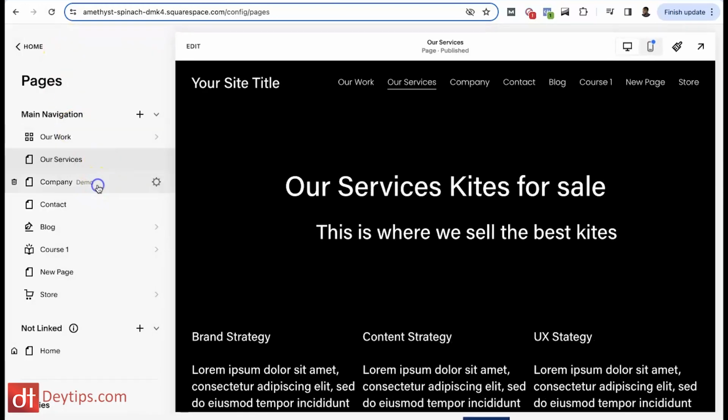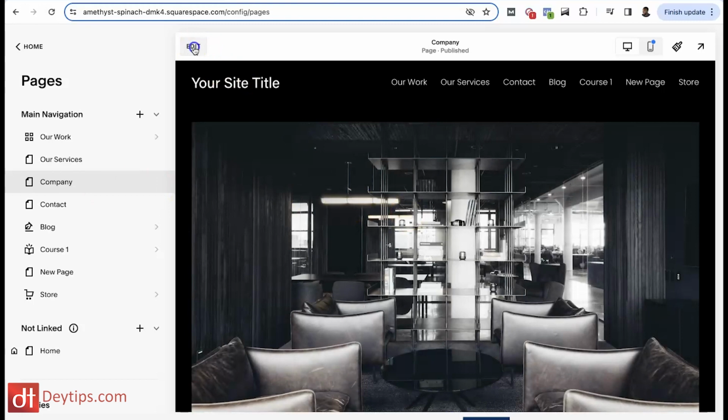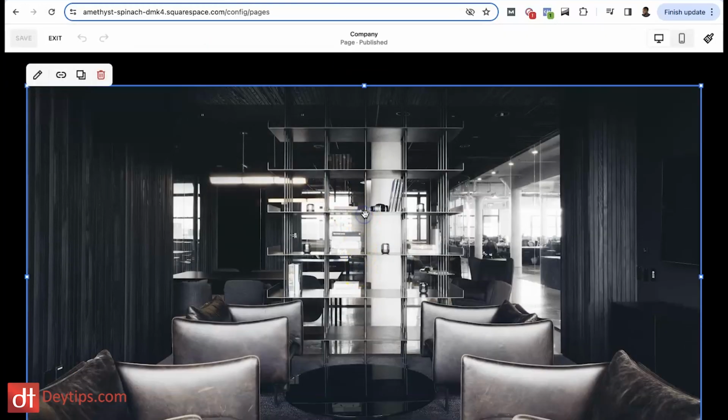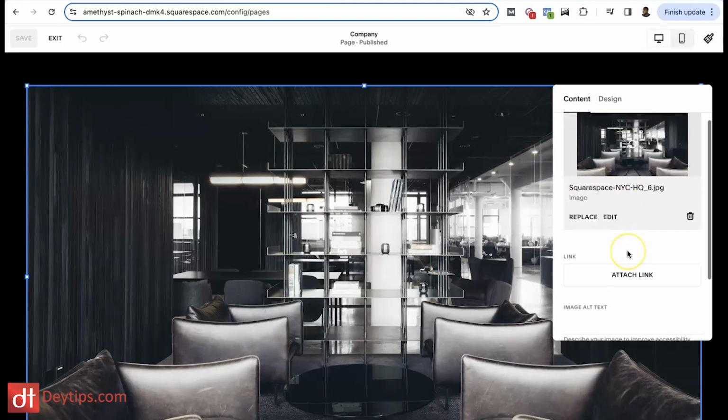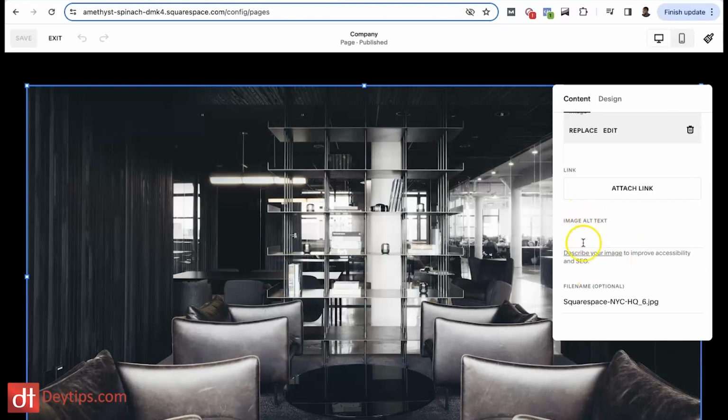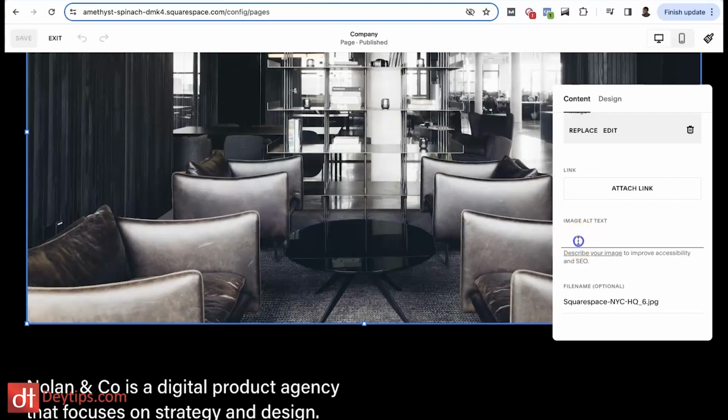Another thing that I wanted to speak about was images. So whatever images you have on your site, you can optimize these for SEO as well and help to boost your rankings. When you go in to edit the images, you can scroll down and it says image alt text here. So you want to give a description of what this image is about, again, using the keywords that you're trying to rank the particular page that that image is on for. So if I was trying to rank this page for kites for sale, image of a kite being sold, let's just say that's what the image was about, then I could use that